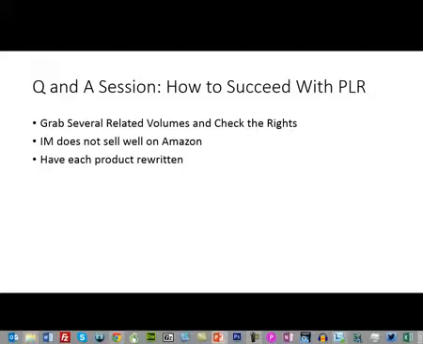You don't want to just write, even if you're selling within the internet marketing niche, you want to have an angle. And you do the angle based on your research. What are people really struggling with? And then you recreate the PLR based on what people are struggling with, and the angle or the perspective you want to create it for is